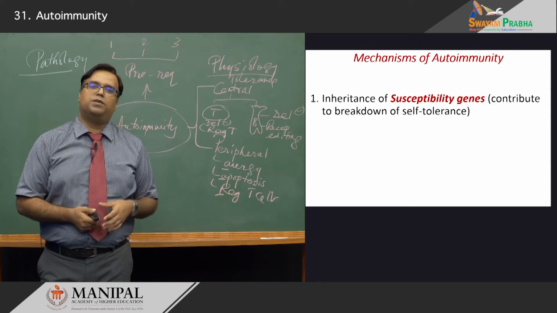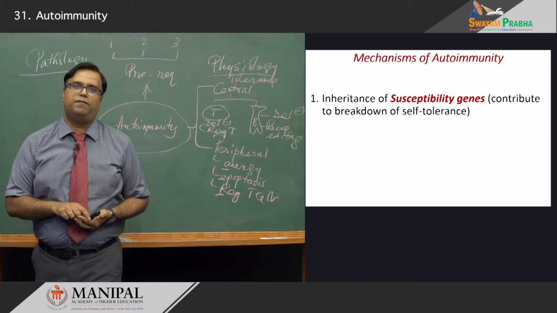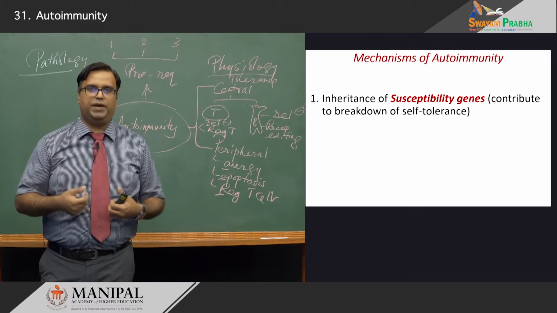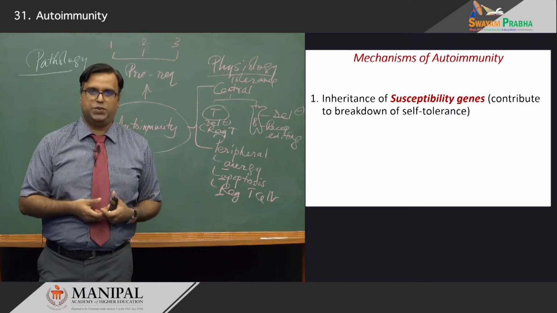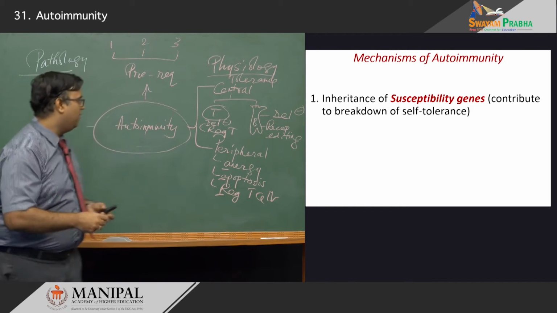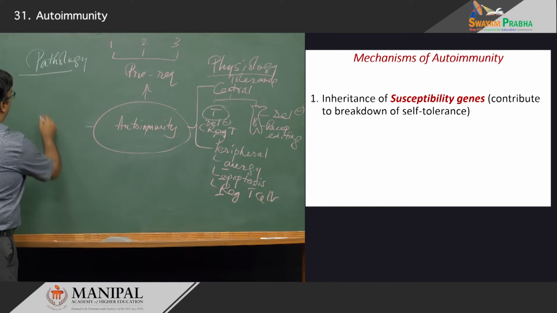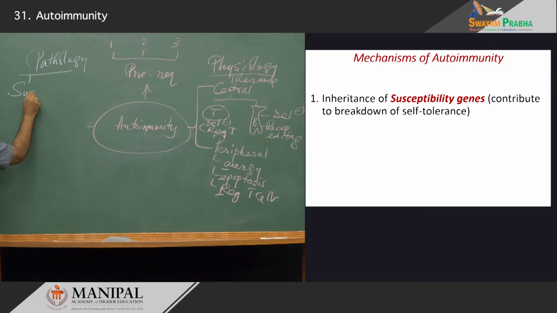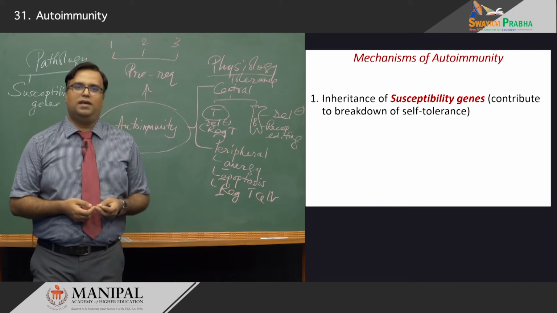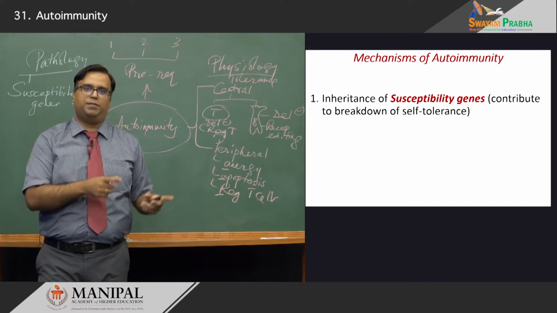Now, mechanisms of autoimmunity: to understand it, you have to understand it is always a multi-pronged event. Nothing happens in isolation, but when all these factors cluster together, you have a disorder at hand. Now, you have what is called inheritance of susceptibility genes. You might have seen from your own practice or reading it or anecdotally even that certain individuals are more prone to develop a disorder than others.